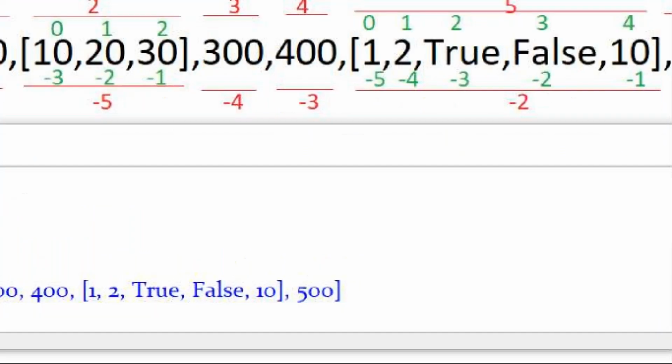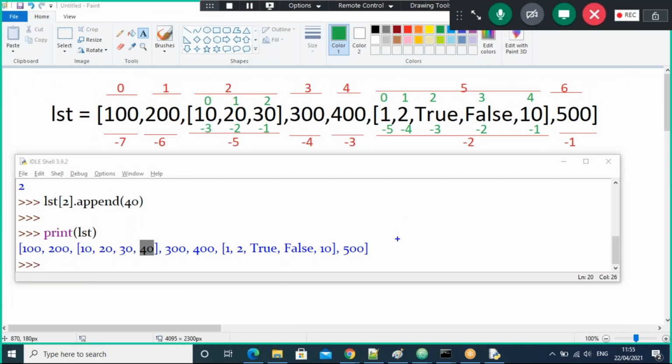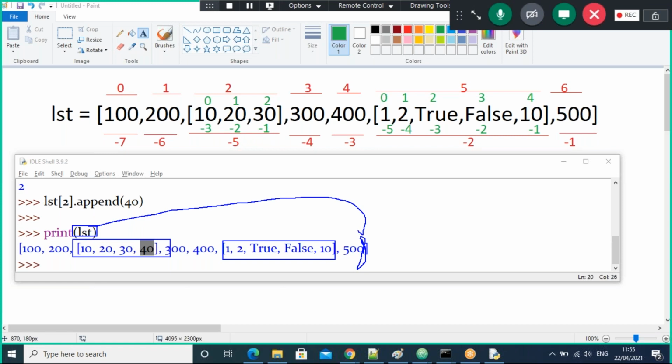to add that AB1 at the end of the 500, meaning this area. Which list does this area belong to, guys? Sublist 1, sublist 2, or the main list? See, this is sublist 2, but I want to add after 500. This is the main list. What is the list name here? The list name is LST. Now we use the LST name to add the elements, not LST2, not LST5. We use the LST main list name.